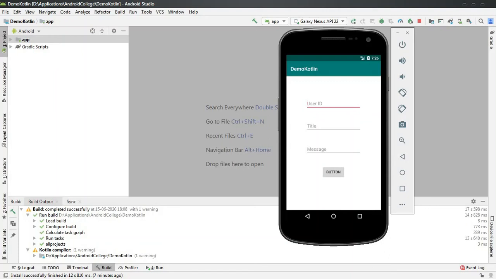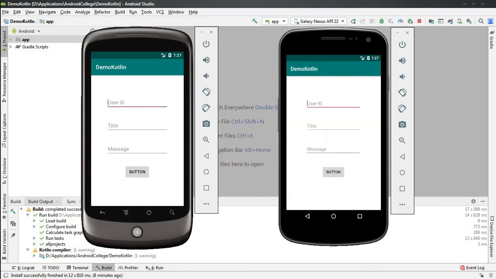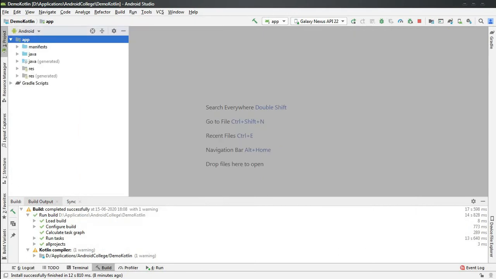So hi friends, today I'm going to show you how to send the notification from one user to another user using Kotlin language. It is just a simple demo of an Android app to send the notification from one user to another user. So for that, first of all, we will be requiring the following libraries, basically the following dependencies.